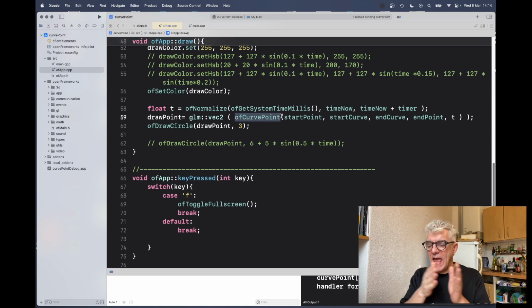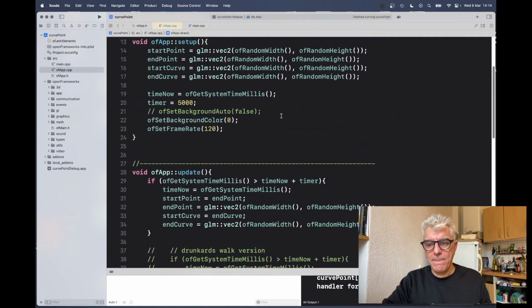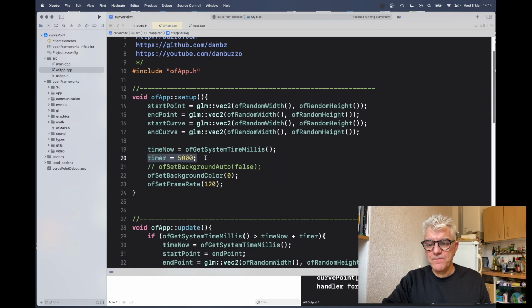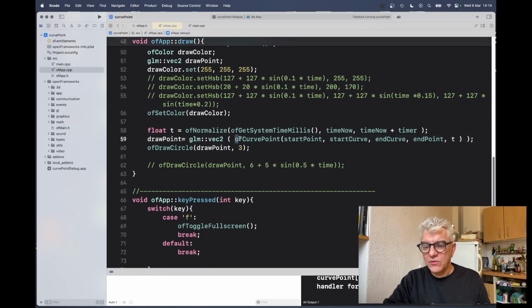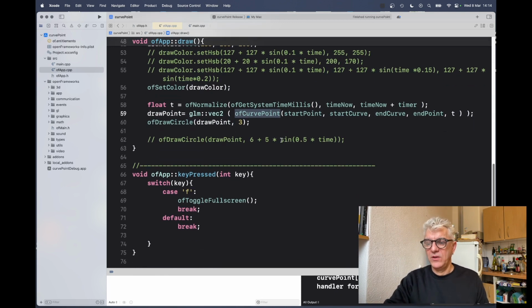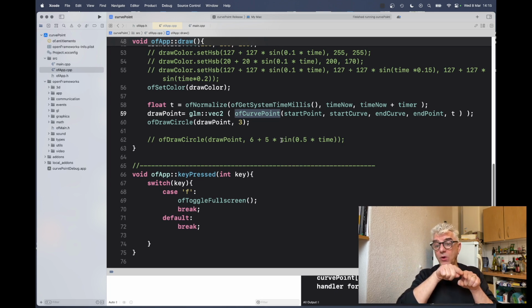But I need to know how far along that curve we are. So I'm going to say, let's do it over time and take, if we come back up to the top, this 5,000 milliseconds or 5 seconds. It takes 5 seconds to go from one point to the other. Now, when we ask this command or this function curve point to give us a point along this curve, it's expecting a value between 0 and 1. Lots of stuff does this, so it's normalized. So we need to say, tell us a value at 0, 0.1, 0.2, 0.3, 0.4, 0.5, and so on,